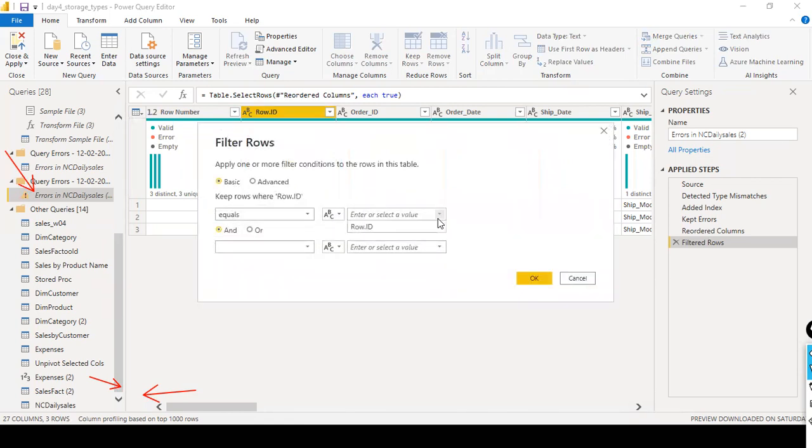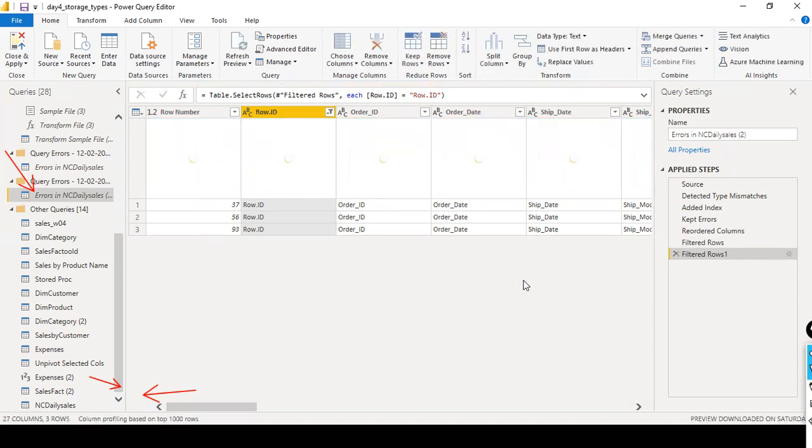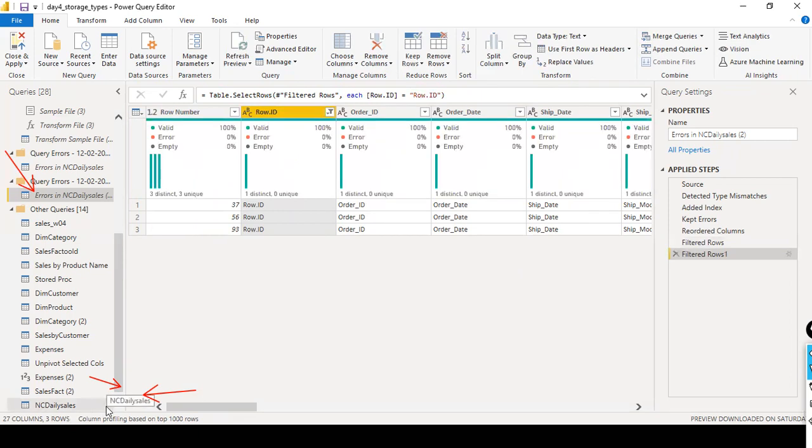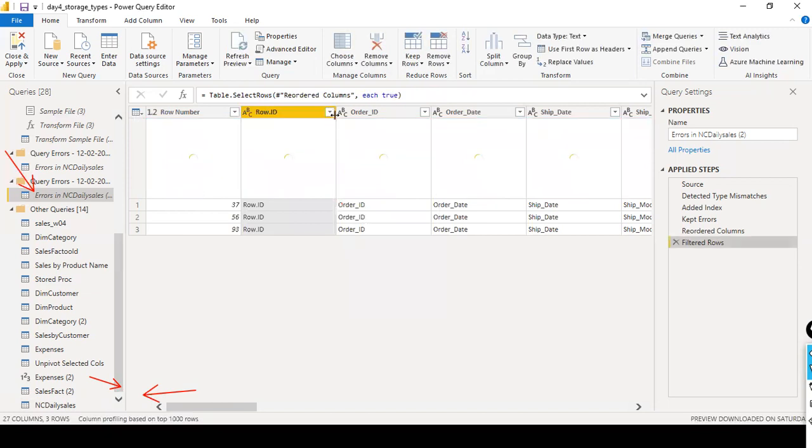But here if I use row.id, filter rows, we'll try this one. Or we can use it in the data file itself. Still it shows the same thing. Here, actually, does not equal. So clear filter, and here